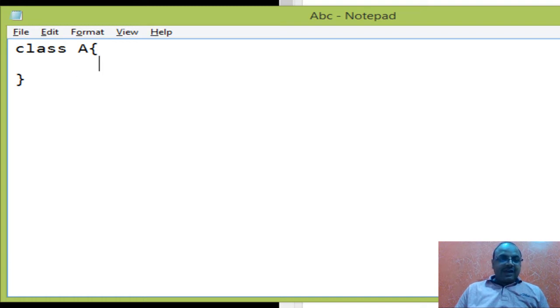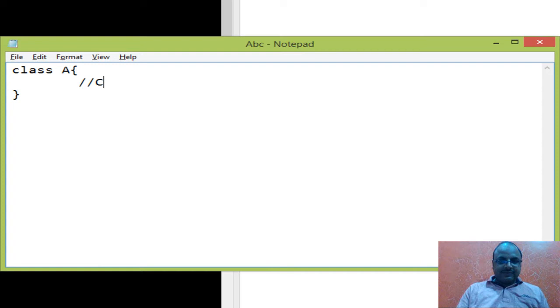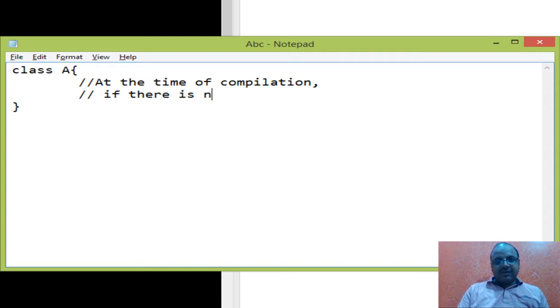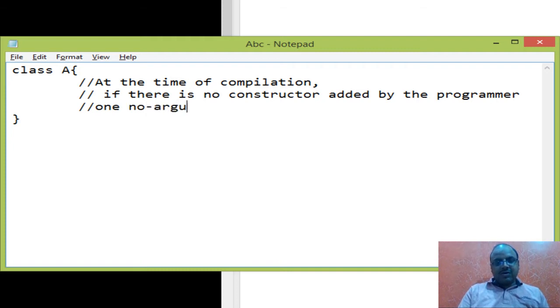The compiler will always add a no-argument constructor at the time of compilation, if there is no constructor added by the programmer, one no-argument constructor is given by the compiler,